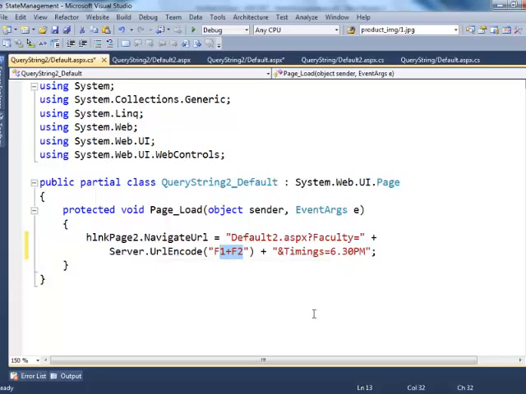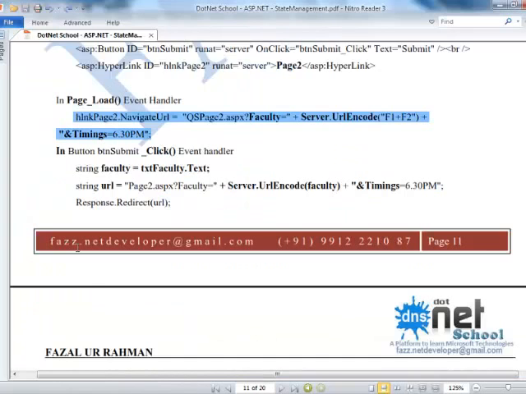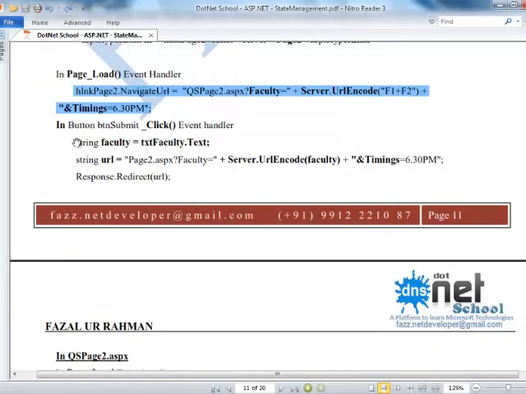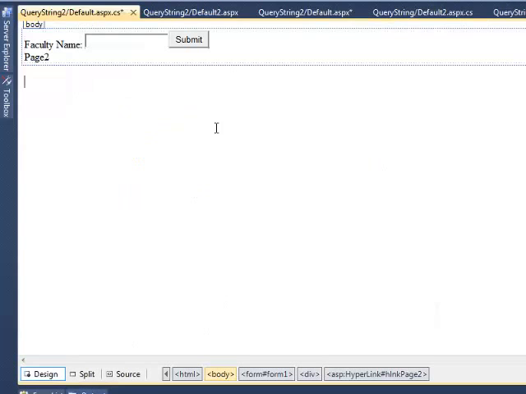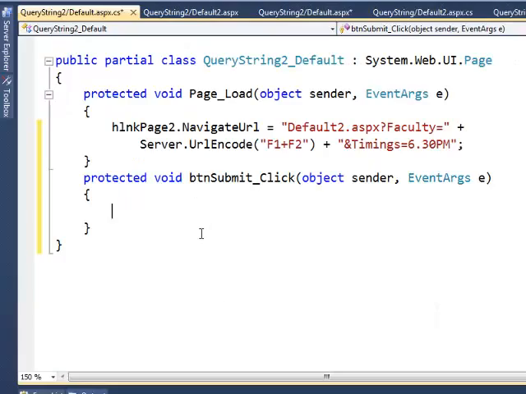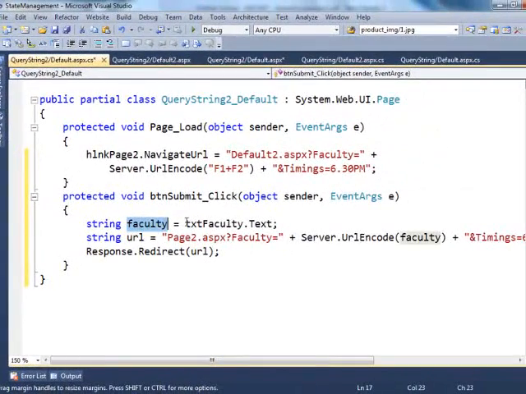Next, btnSubmit. Creating a string faculty, storing the value what